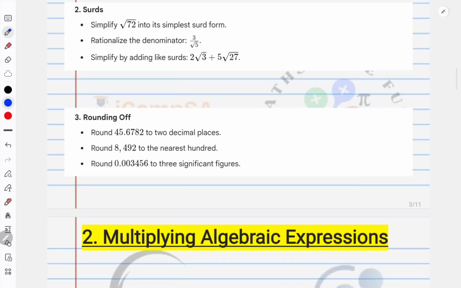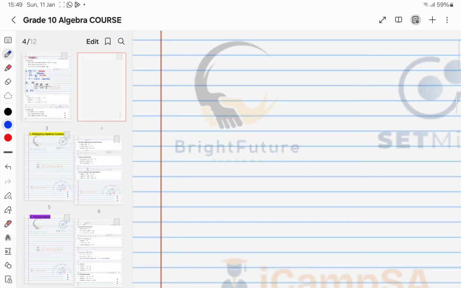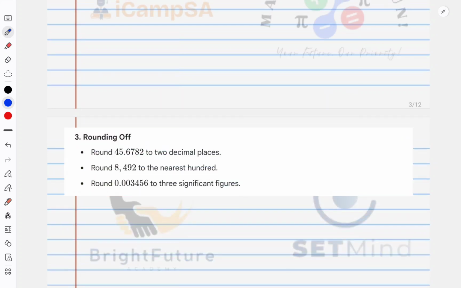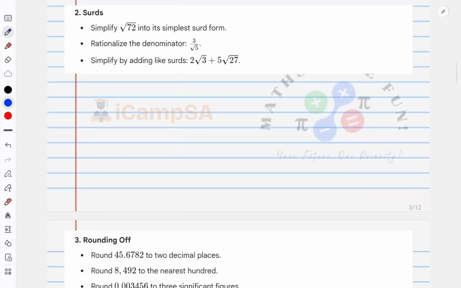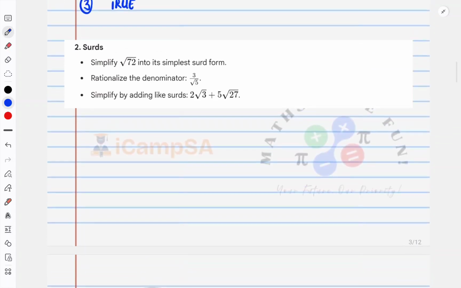And then off to dealing with surds. Let me add the page. We are now dealing with surds. Okay, we take this one down here. When dealing with surds, we are asked to simplify root 72 into its simplest surd form. Once again we're gonna be dealing with perfect squares. We want to find the factors of 72